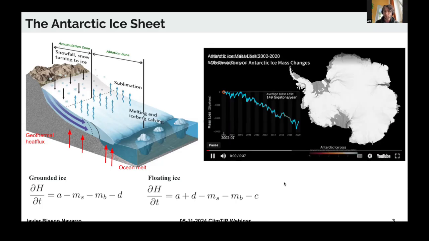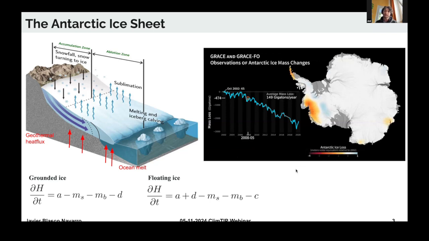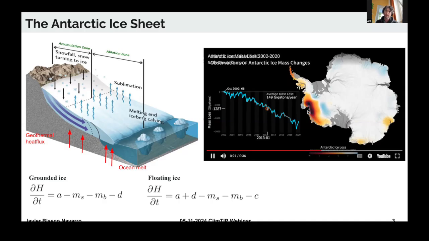So here you can see the mass loss from 2002 to 2020, and we see a general decreasing trend. But not only this, you will see that there are four main foci of mass loss. One is here, what is called the Antarctic Peninsula. A very high anomaly is here, what we define as the Amundsen Sea embayment. And then we have two other regions, here, which is called the Wilkes Basin, and here, which is called the